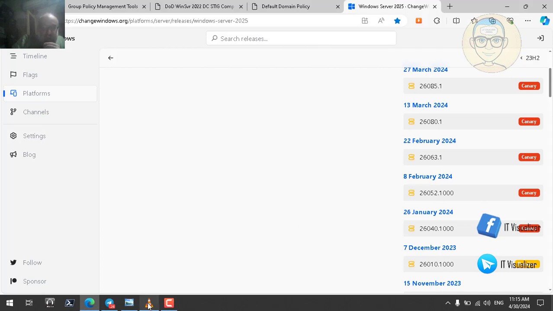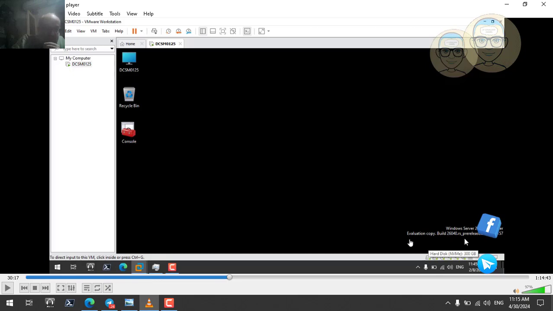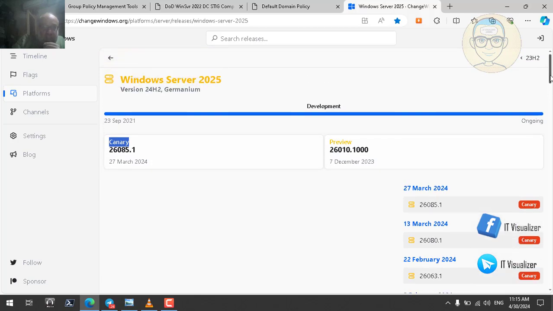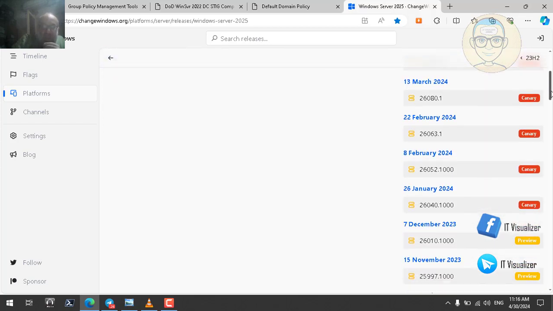Okay, the one that I'm currently working with is a Canary edition. It's not a preview edition. So what is the difference between a preview and the Canary? Let's see. The preview edition is 26010. This is the preview edition. As for the Canary edition, it is 26085.1. This is the latest one. The one I am working with currently and having a lot of issues with is